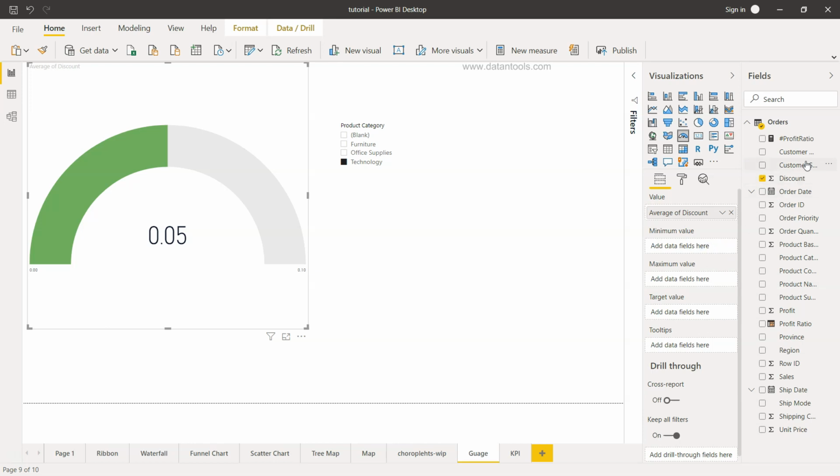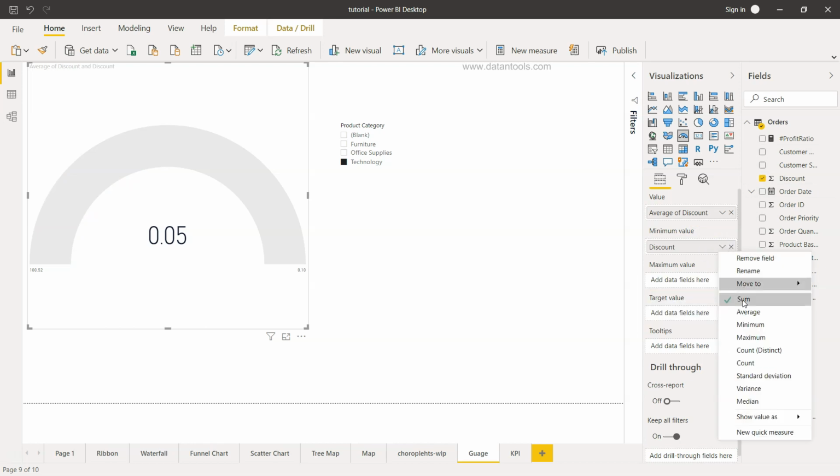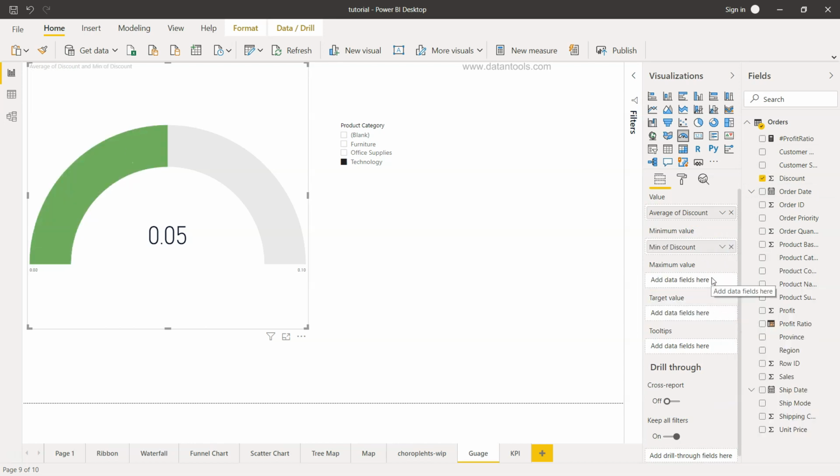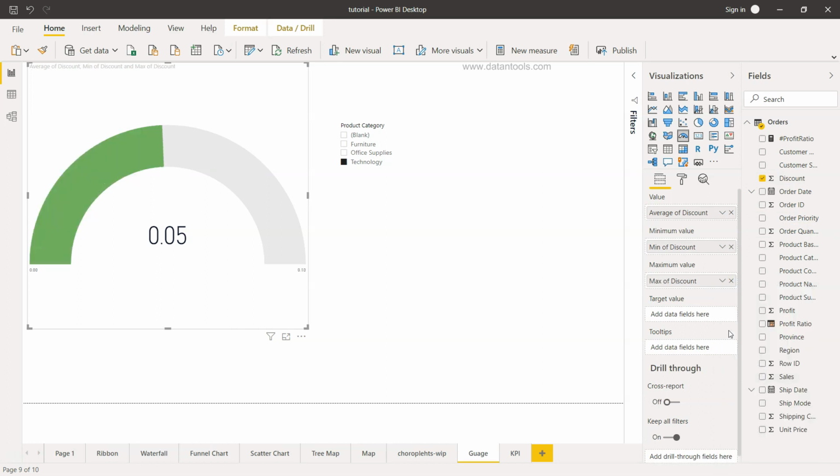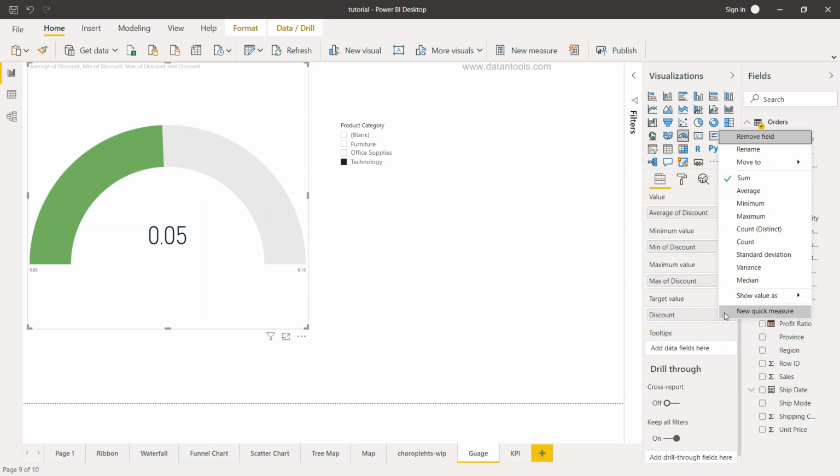So for example, the minimum value. For discount, we will change it to the minimum. The maximum value, again it will be the discount, and we will change it to the maximum. And what should be our target value? Now over here we can again take the discount, however from here we need to choose.